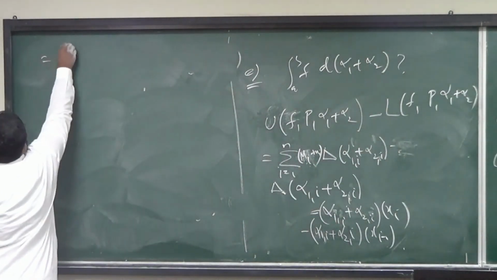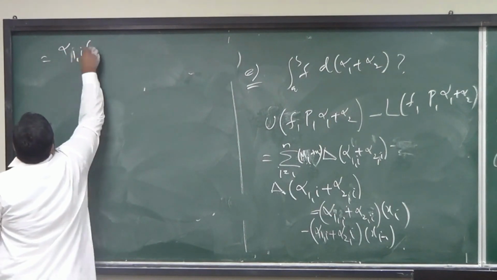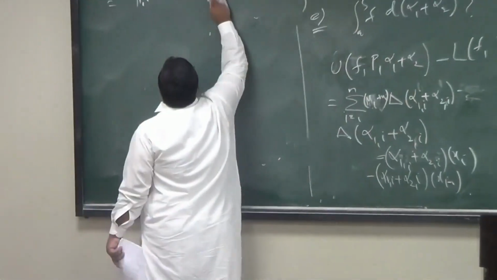I can say that this is the same as alpha 1 of x_i plus alpha 2 of x_i